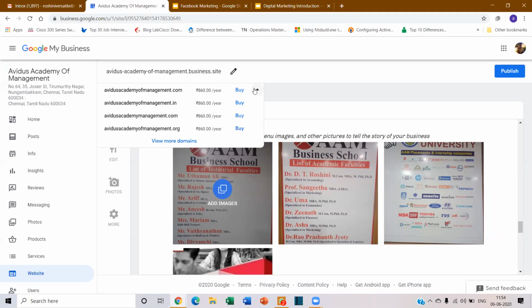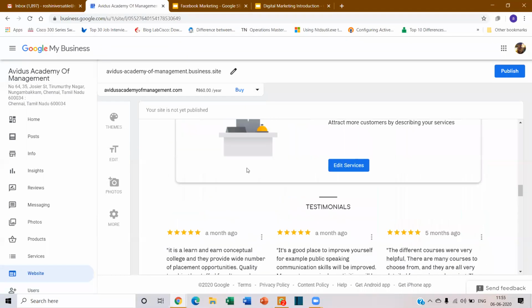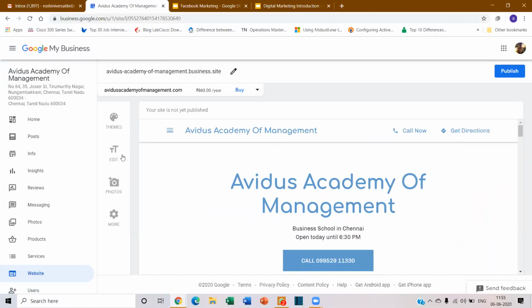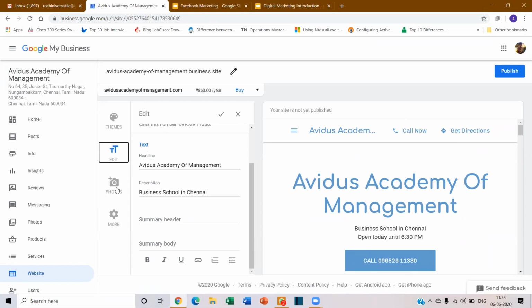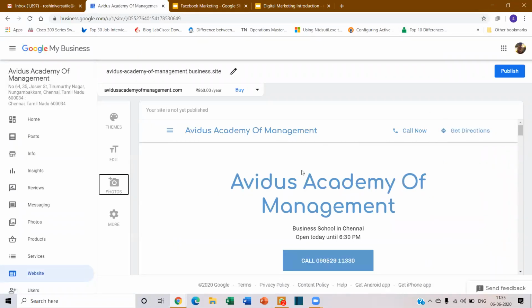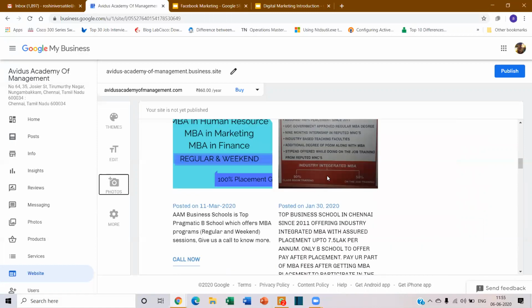About the website designing, it is basic only, not more. See here, this is the basic website design that you can do. This is how it looks. Basic editing and basic photos you can do. We can design ourselves, but it will not be like a supreme company website that you're looking out for. It's a very simple, normal one page website. You will not have different pages.